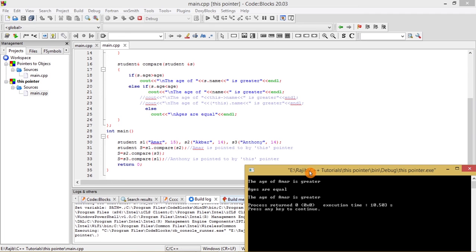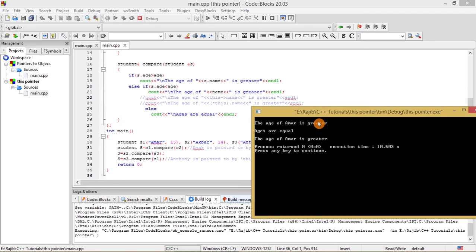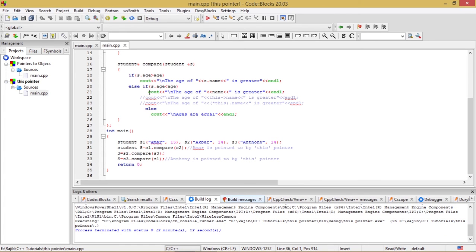We can show you another implementation in this program like this. If we just close this window and comment out this line, you can see another implementation of this pointer by this statement. The answer will be similar because I have used the keyword this here, this arrow name.